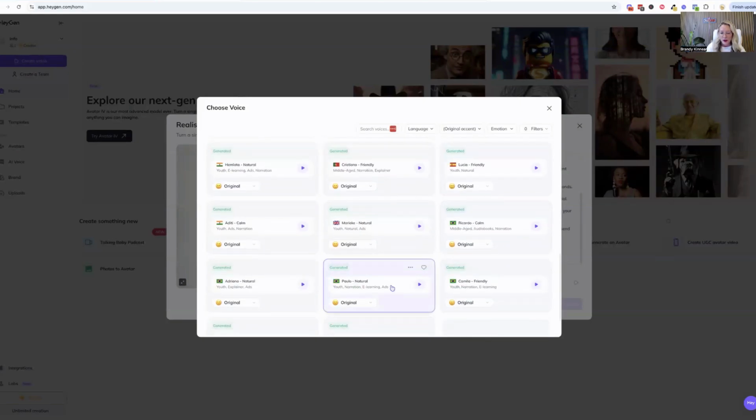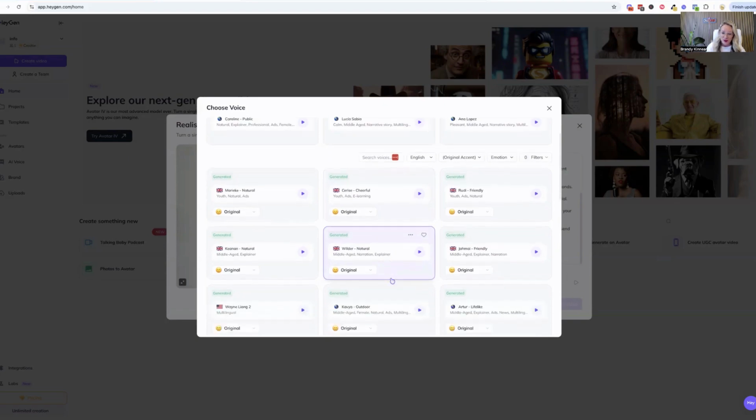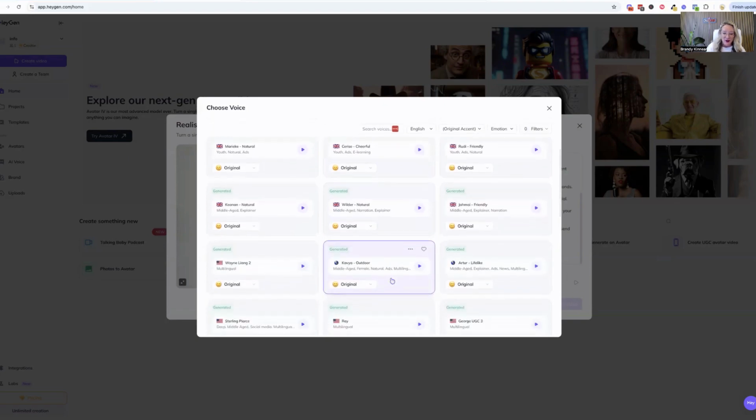Now, you're going to want to look for the right language. In your case, if you are looking for a specific language, what a great use case to be able to have this in Spanish, to be able to have this in all different languages on your website. But you're also going to make sure if you do pick English, that you're going to choose between English and